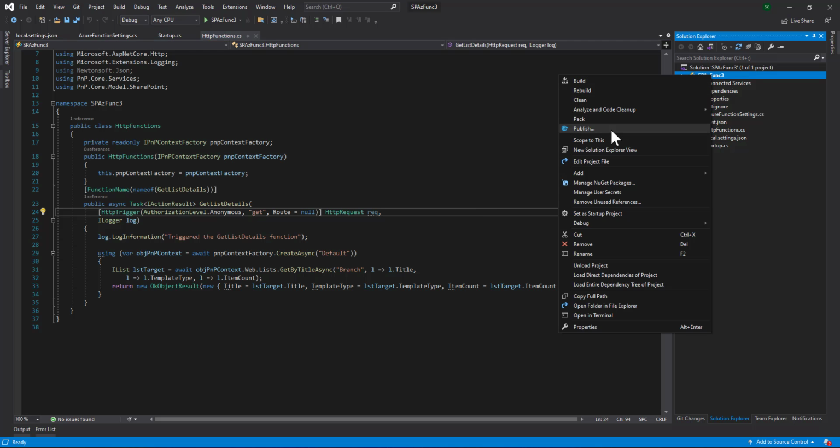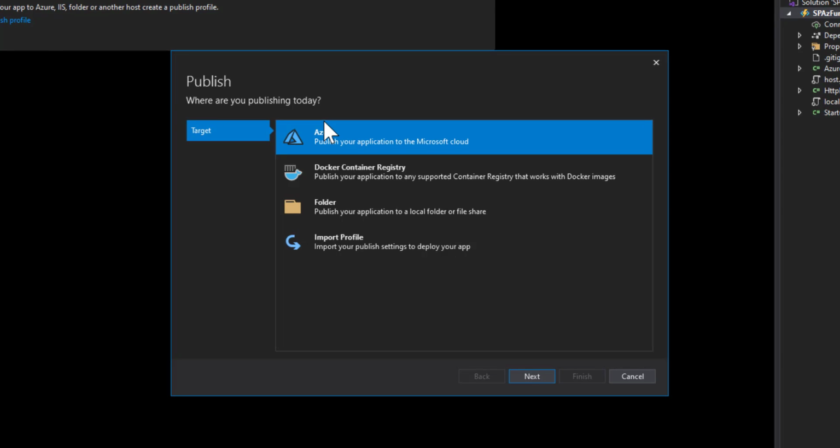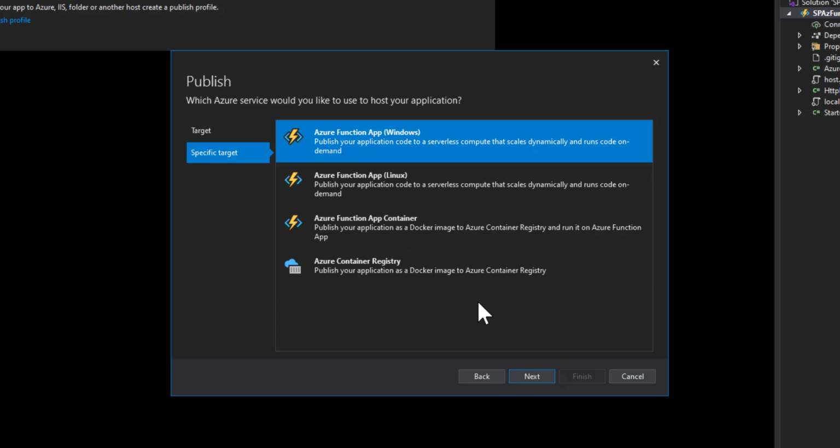So click on the project, click publish. You'll be provided with the target dialog. Select Azure and you can choose whether you need Windows, Linux or an app container. For now I'll choose Windows.